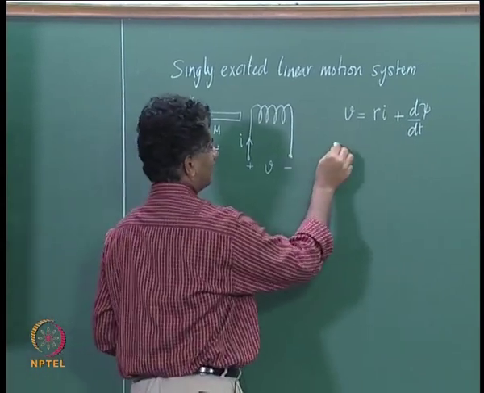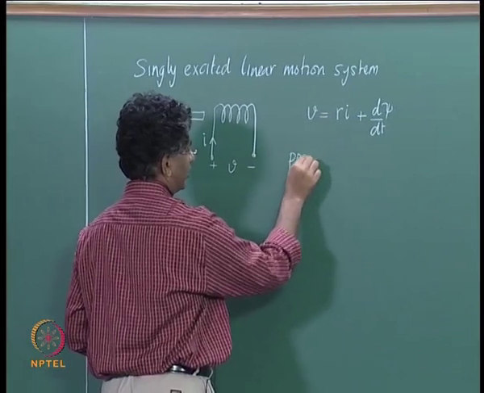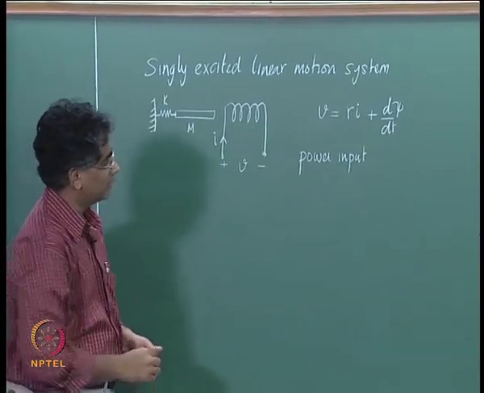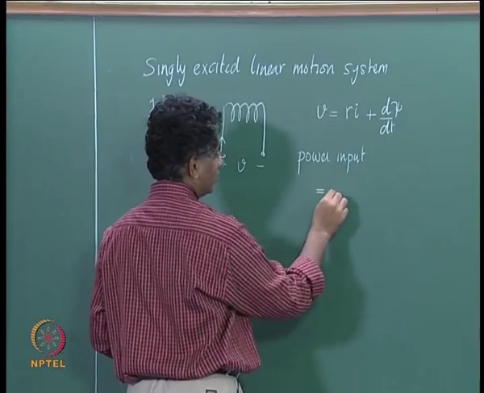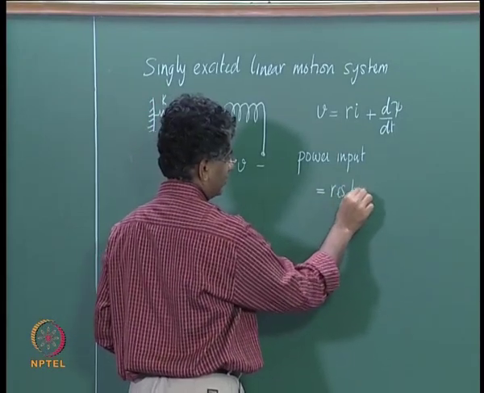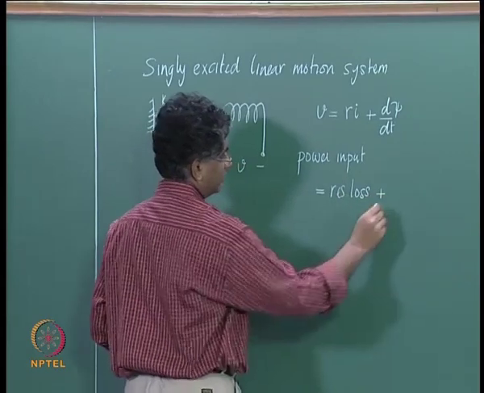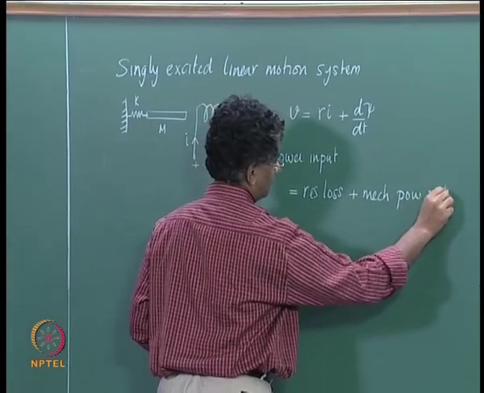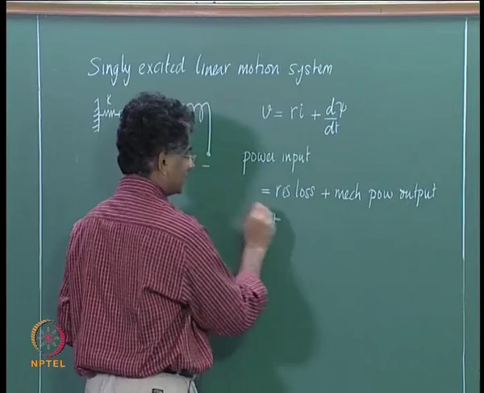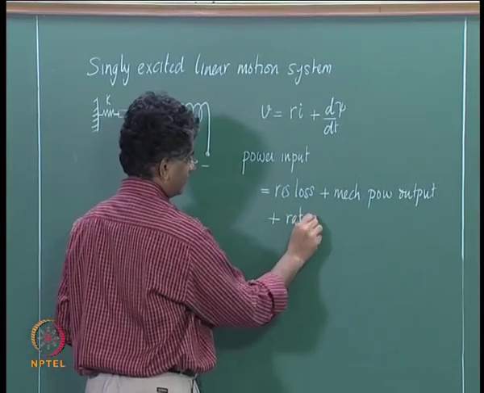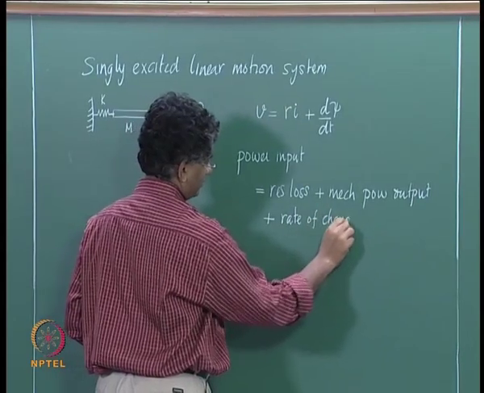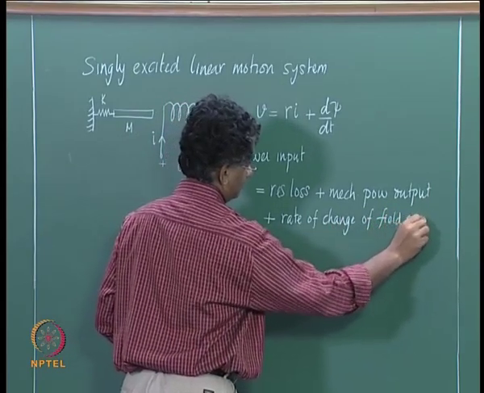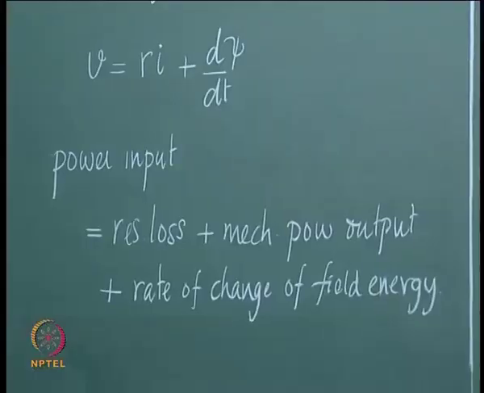From this we derived an expression for power input, and we said that this input power is equal to the resistance loss plus the mechanical power output plus the rate of change of field energy. This equation is important,